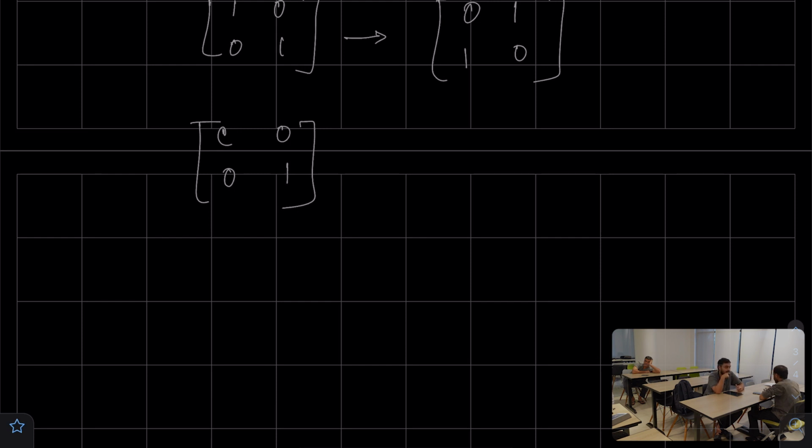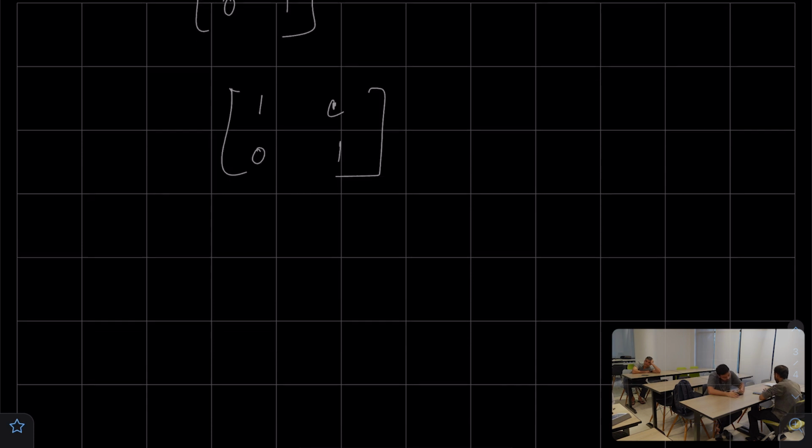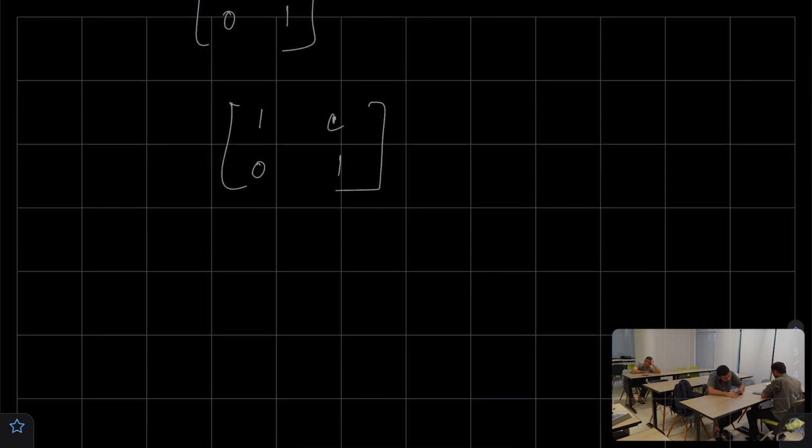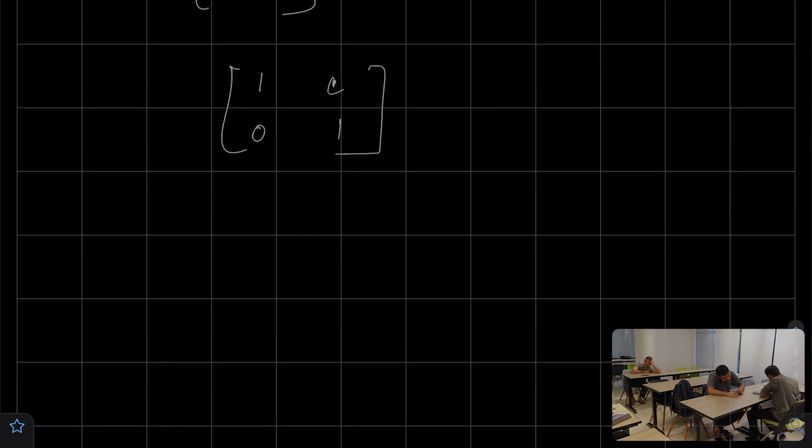Two different rows. So 1 plus C, 1, and 1 plus C... no, sorry, 1 plus and 1 C. Then 0, 0, 1. This is also an elementary matrix of this type, right? And I also showed in one of my previous classes that